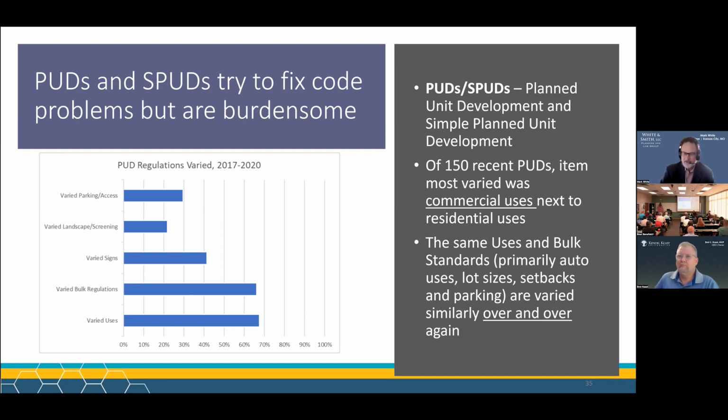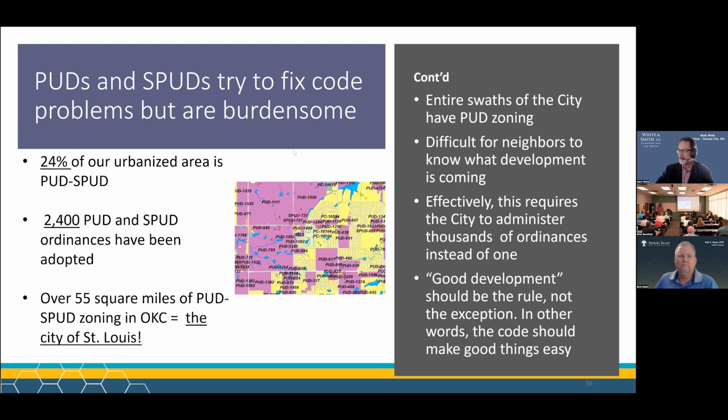And the city's given us a great blueprint for that in Plan OKC, because we can go to Plan OKC, we can look at the LUDAs, and we can get a sense of what type of development and what character the city wants for that corner of Oklahoma City. And so that's why we're looking at this, and Brett's going to talk in a second about the regulations and how we're